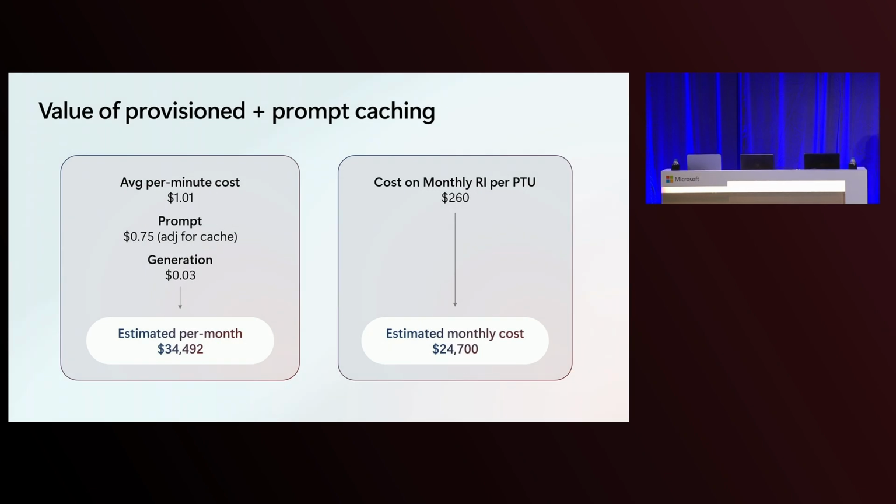Okay. And so let me show you side by side. This is the cost comparison. Essentially, if I were to run with standard and prompt caching, you see the benefit. We are able to run a 50% cache match, as well as the 50% discount you'd get for 4o mini, and that comes down to $34K. Whereas with provisioned, you would have the flat rate, like Steve was saying, $2 an hour or $260 per month, and that would be 24.7K.